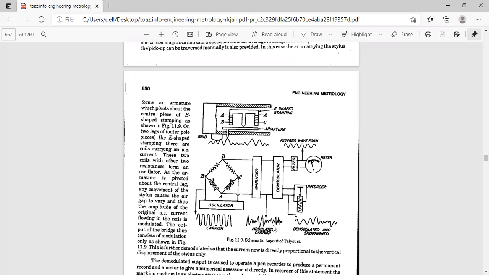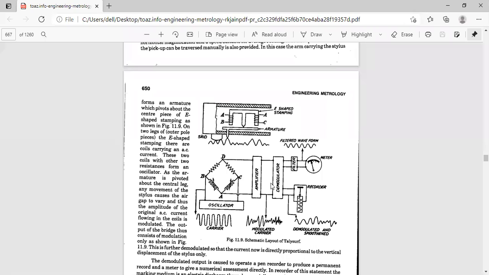So anything in the textbook, you try to elaborate, because people are not getting marks because they're not drawing neatly with pencil. I've seen that in metal cutting, that's what I'm telling. So you will have an advantage if you try to explain elaborately. So the output of the bridge will consist of a modulated wave only.